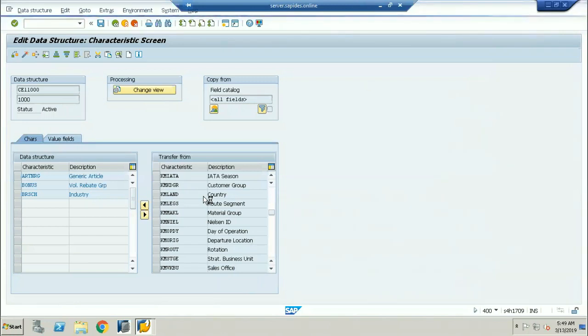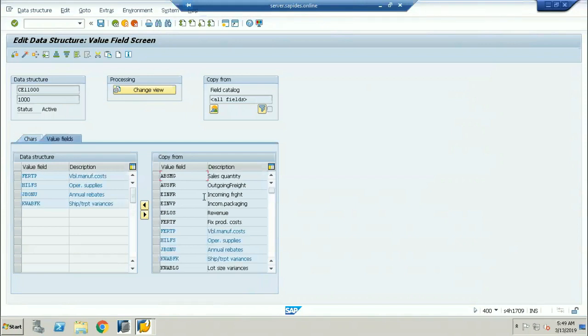But these value fields will not be available in account-based profitability analysis, because in account-based profitability analysis, the system is going to organize all your costs and revenues in the GL accounts, not in the value fields. So these are the value fields. What value fields you want to take into consideration? These value fields talk about the quantity and the price only. They will not talk about the characteristics. Very, very important. I'm telling one more time.